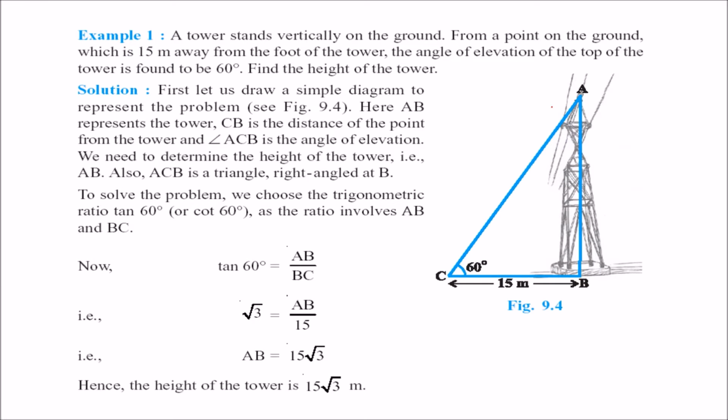So here is a tower. Example 1: there is a tower standing vertically on the ground, and from a point on the ground which is 15 meters away from the foot of the tower, the angle of elevation, that means this angle, is 60 degrees. Find the height of the tower. If this is the height of the tower and you're looking from here, 15 meters away, just use tan 60, that will give you this height. This is the height, this is your base, this is the perpendicular also. So perpendicular by base,